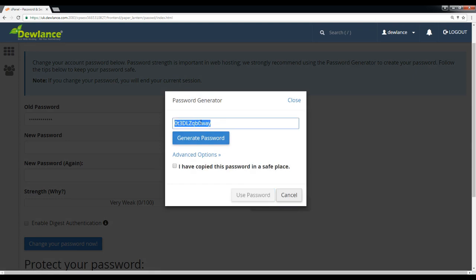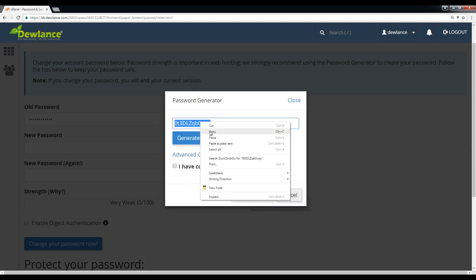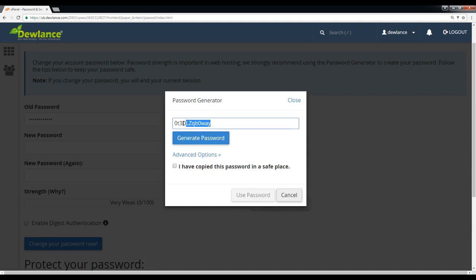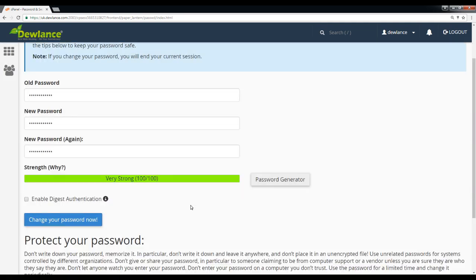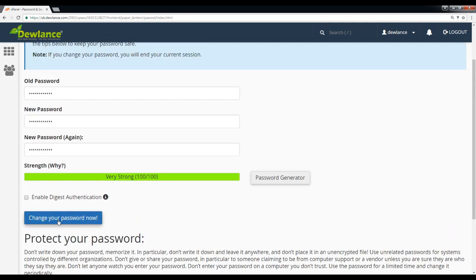Okay, don't forget to copy the password to a notepad. Click on I have copied this password in a safe place and then click on use password. Now click on the change your password now button.